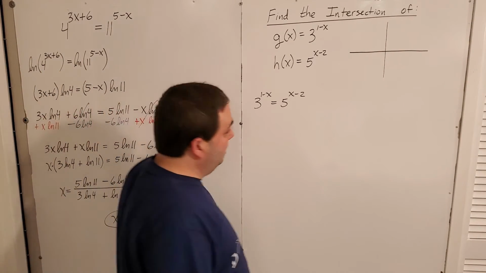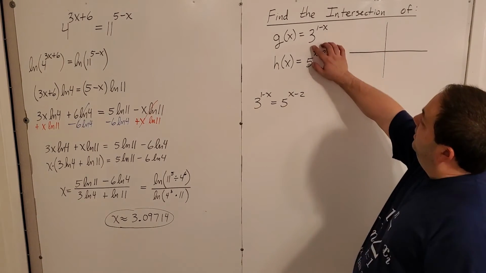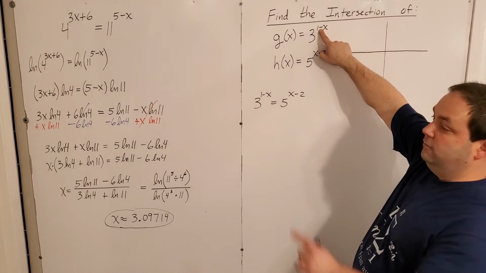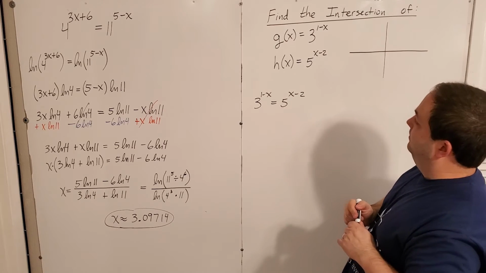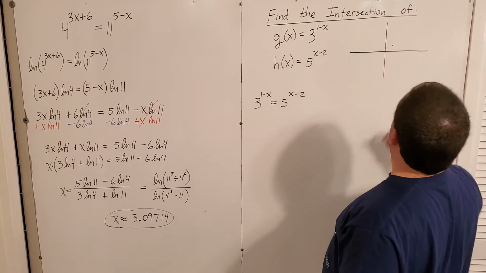Real quick, though, let's take a look at about what we should be expecting. This is an exponential function with a horizontal reflection, so it flips left and right, and it's been shifted 1 to the right. So we're looking at something like this,